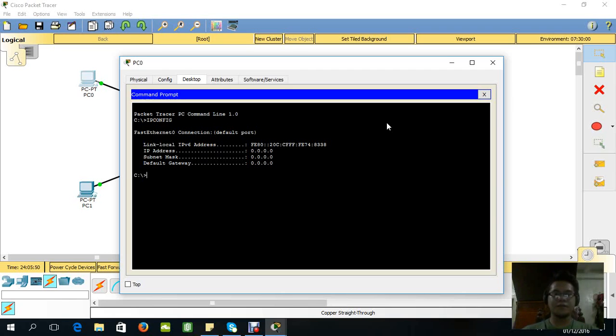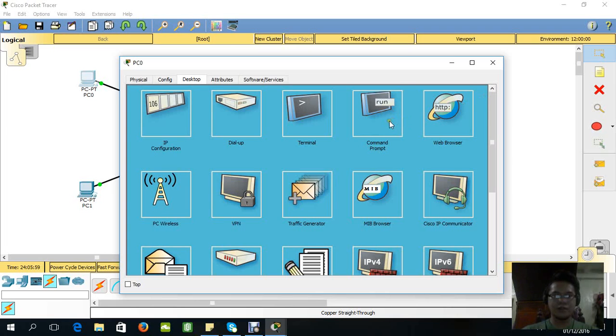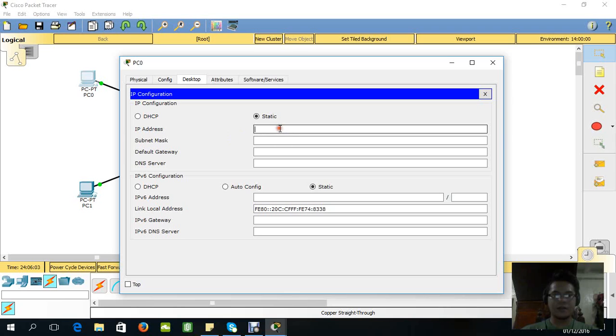So we are going to insert one IP address. Just follow this procedure. Just click the IP configuration and then type the default IP address.